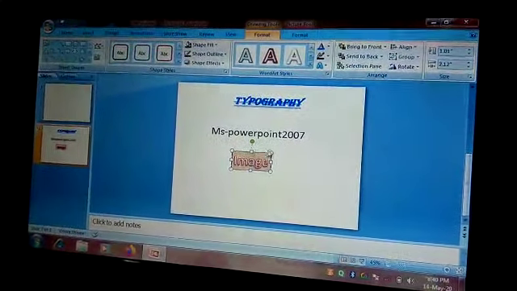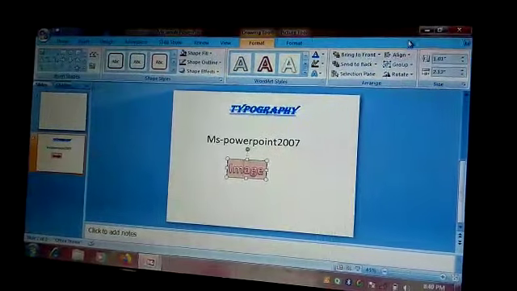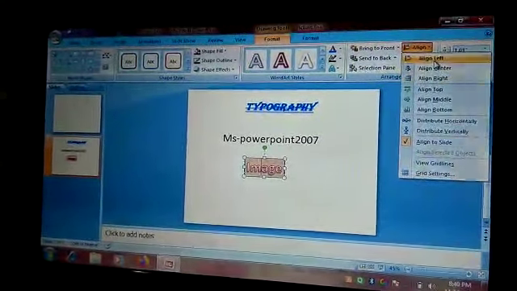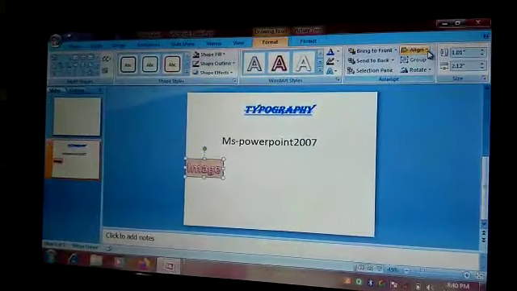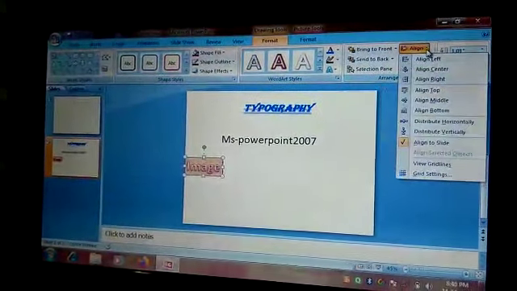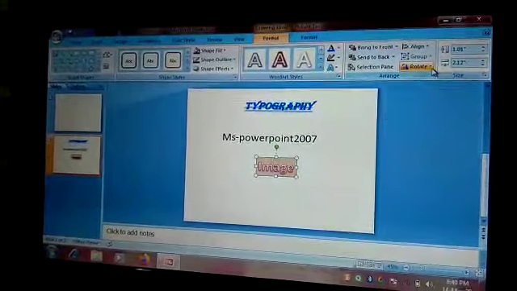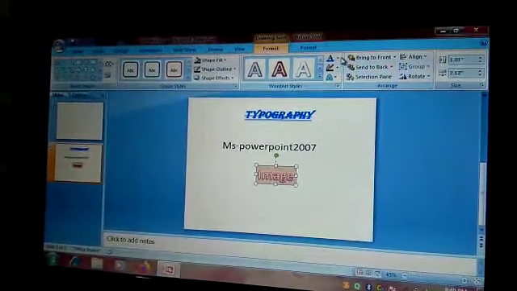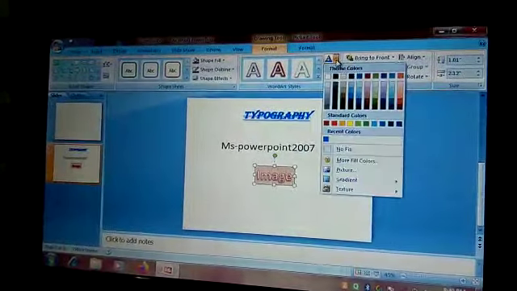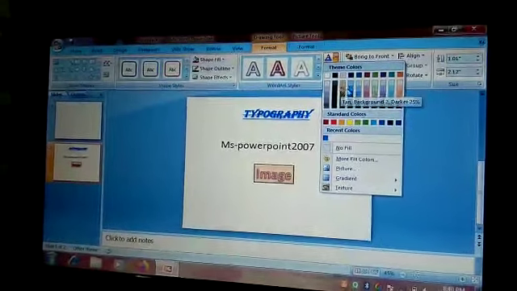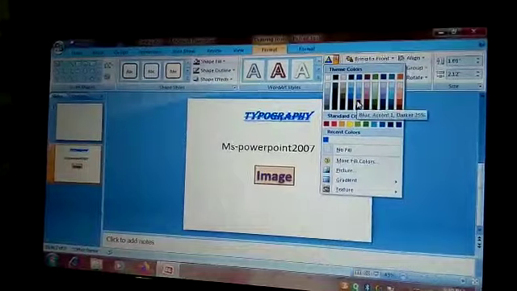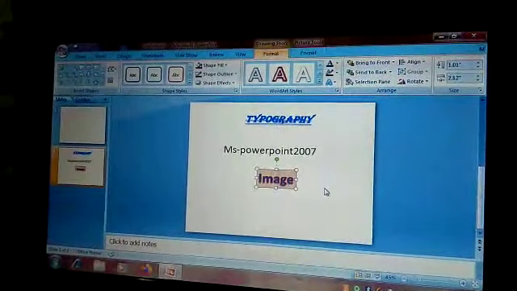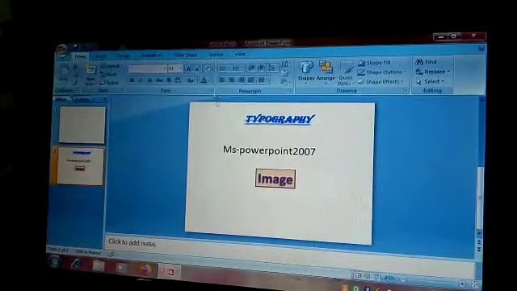Besides this, if we want to go for align, we are having align, as you know, left, right, center, top, bottom, all this alignment we can go for. Like I selected left, it is to left, and then center. So that depends on you, wherever you want to place it. Okay guys. Besides this, we are having so many options over the text field. This is all I have shown you, and from here also you can change the formatting of this word art.